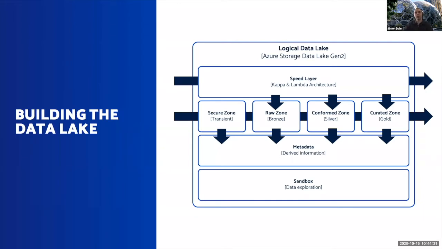And then as you see, there are arrows moving from top to bottom. So at any point in that speed layer, we can drop into one of the other zones and persist that data into its data store, or we can serve applications from the other end too. And all of this data has derived information about that data. So things like how much data has been processed, how many columns there are, any data quality issues. That's what the metadata zone is for.